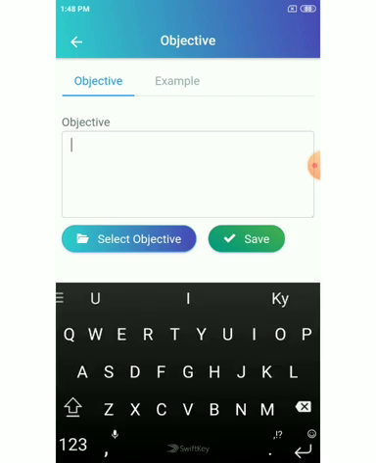Next is objective. Why you want to join the academic, or why you want to join that pharmaceutical company or any company or any kind of job. You have to mention your job. You have to mention here your objective, why you have to.